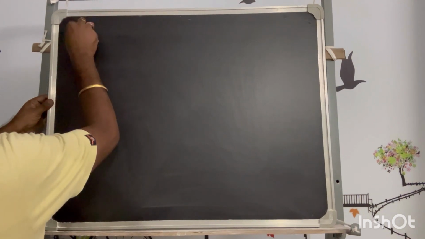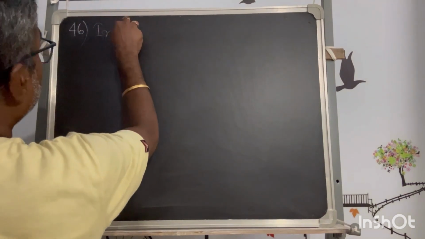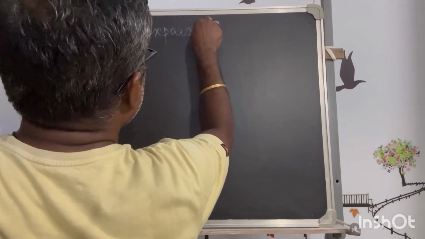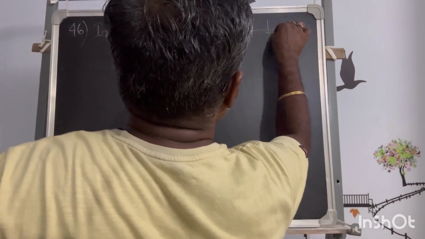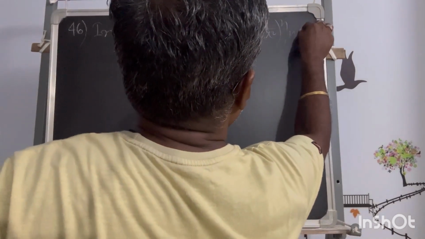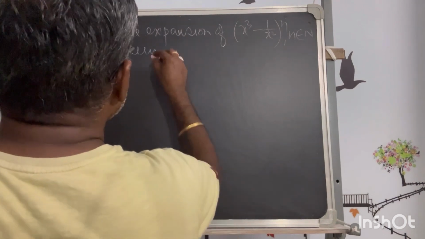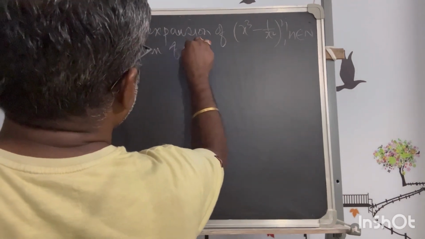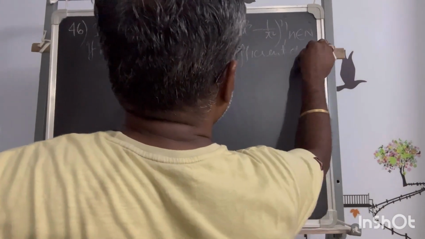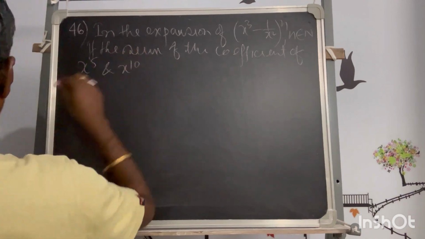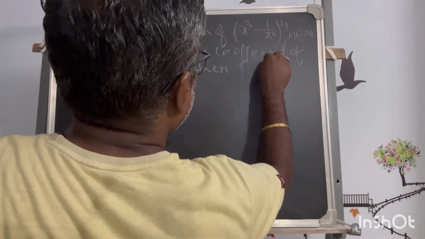The next problem is number 46. So number 46 says, in the expansion of (x^3 - 1/x^2)^n, where n belongs to the natural numbers, if the sum of the coefficients of x^5 and x^10 is 0, then find n. Okay,